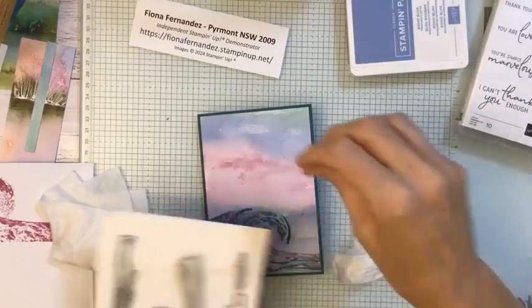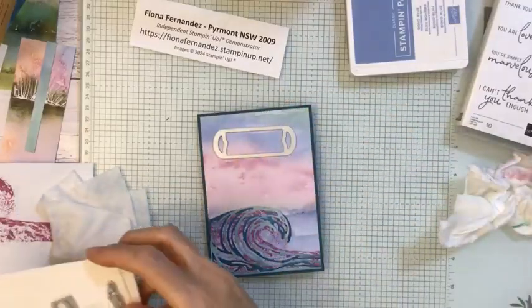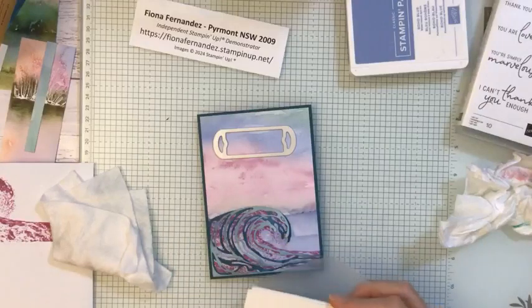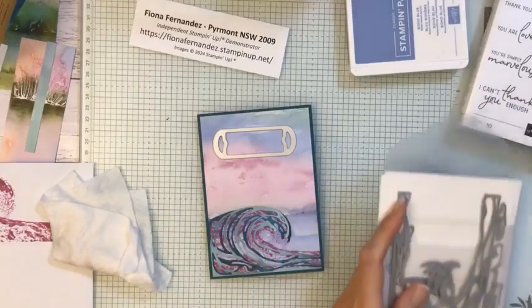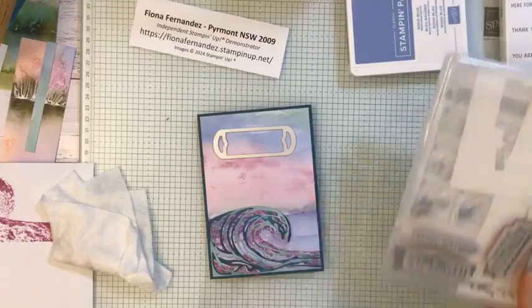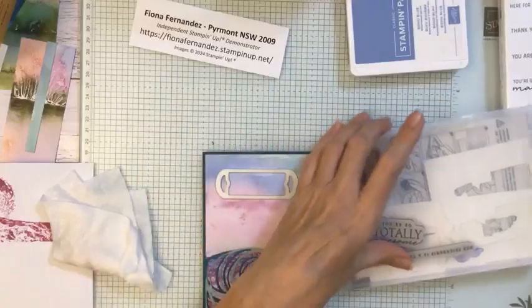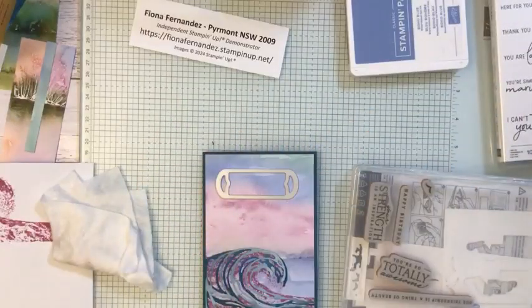Do we want to use one of these? Whether to use one of these or stick with the